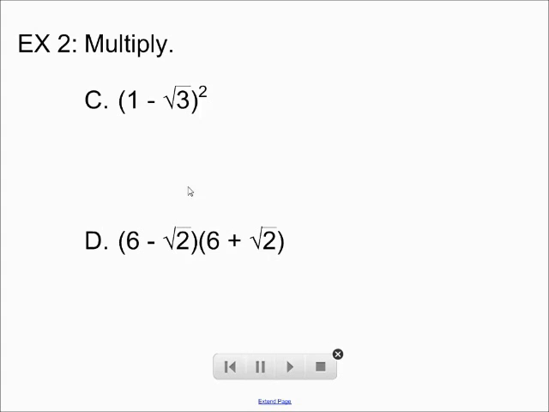All right, again, we're multiplying some more, but we've got some radical expressions. This is 1 minus the square root of 3, squared, which could also be stated as 1 minus the square root of 3 times 1 minus the square root of 3. I'm noticing, however, that this fits the square of a binomial pattern. So just like if we had a variable here, this same pattern applies. So if we're doing one number minus another number and we're squaring that quantity, this pattern should hold true. So we should just be able to take a and square it. In other words, 1 squared,